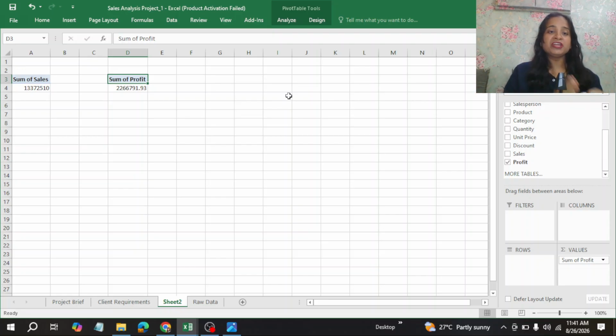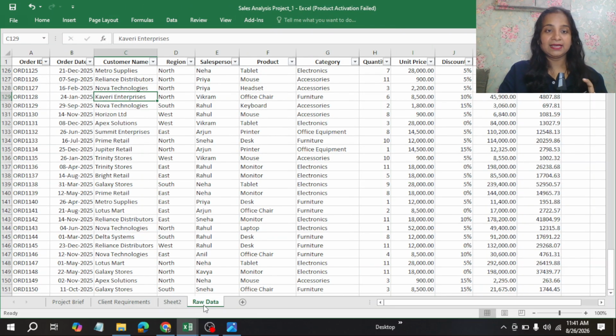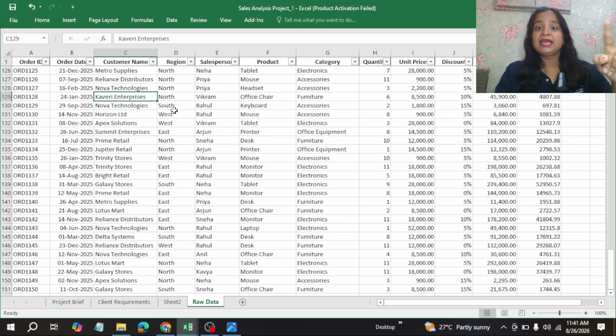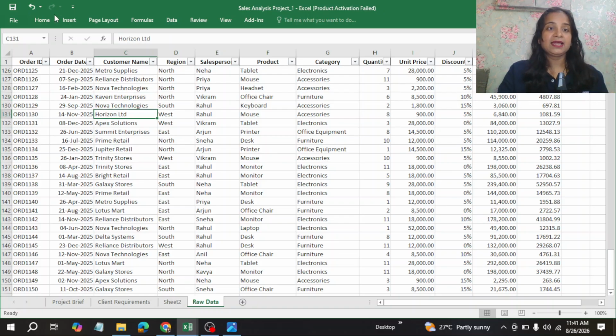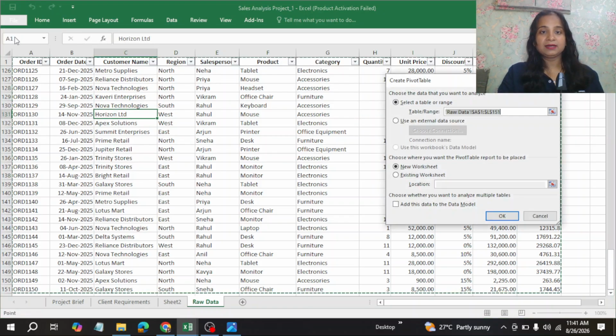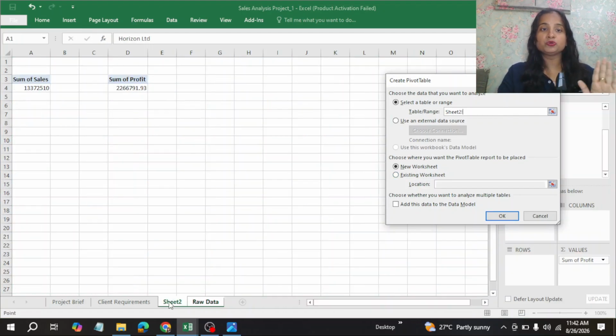So for this, we will be answering the next question of analyzing the sales by region, which will tell us which region has performed how much in sales. Again here we will be using a pivot table for summarizing the data for my analysis. I will go similarly. This is the raw data. So here we have to click on any of the cells, insert pivot table, and choose where we want to get that